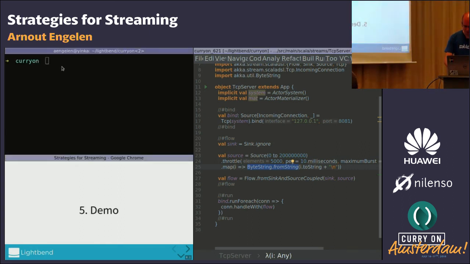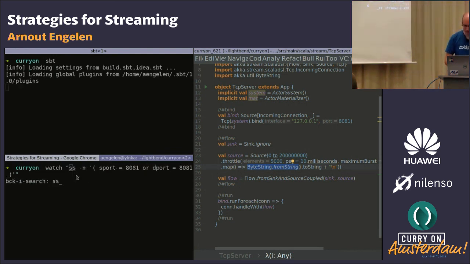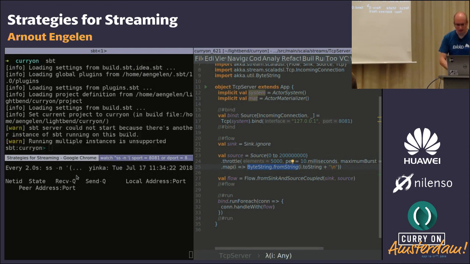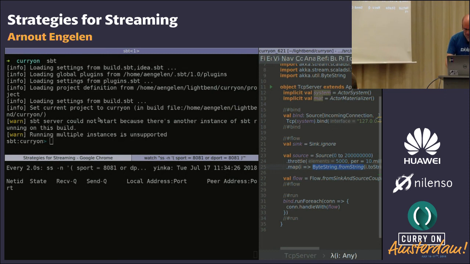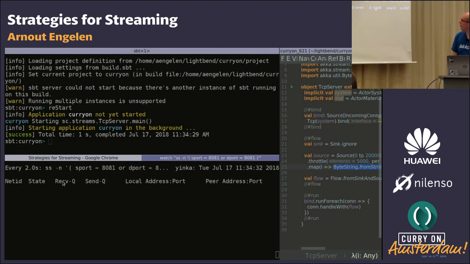So let's see if we can run this. At the same time, we will run ss, a Linux tool to show the current TCP connections. What's especially interesting in this case are the receive queue and the send queue.